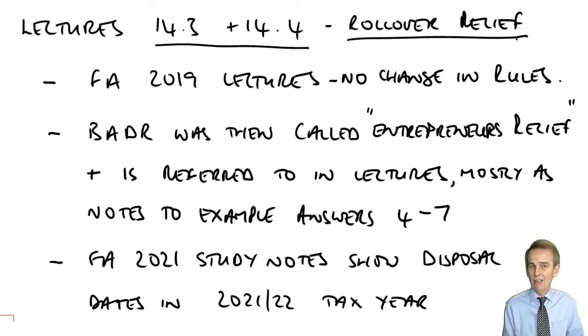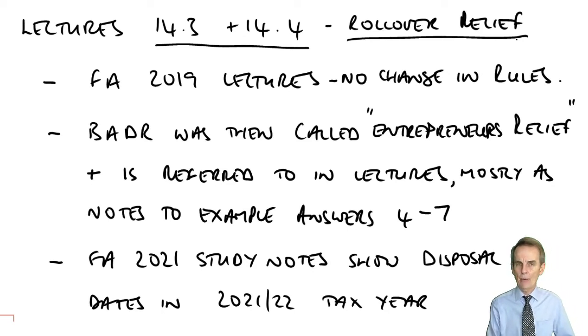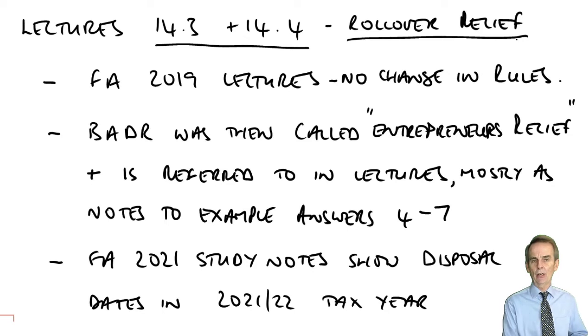It is also, however, very important to us, this relief, not just in the context of what we're looking at now, CGT for individuals, but it's the only relief that is also available to companies. So we'll see it again in our studies of corporate tax. So you could see it either as part of a CGT question. It is, of course, something that lends itself anyway to Section A objective testing questions. But it's also relevant in corporate tax, and therefore could be seen within a corporate tax problem.